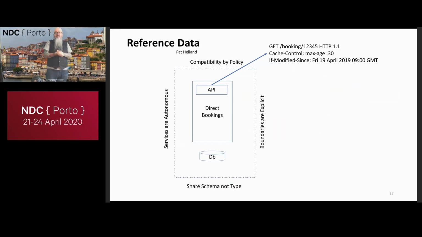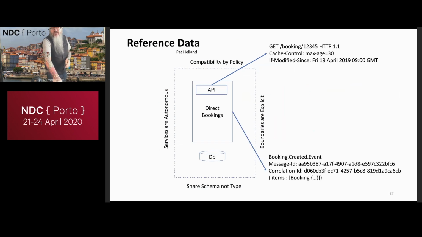The data left. It's also effectively immutable. There's no point in you changing the information you get back as a result of the GET request. It doesn't actually update the booking information. The only way to change the booking information is by an API call to the direct booking service itself. And that data doesn't have to be HTTP messages. It could actually be an event that I've raised. And that event itself may have some information on it. And that may include things like the version of the booking information just received.